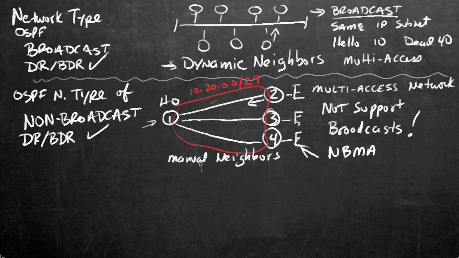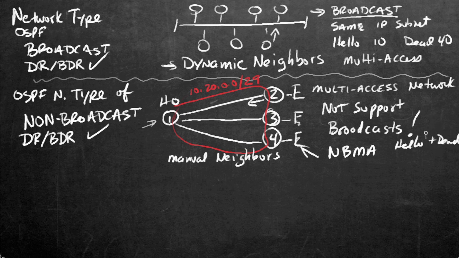And that involves going to the router process and manually specifying from router 1's perspective, my neighbor is router 2, and my neighbor is router 3, and my neighbor is router 4. You have to manually assign the neighbors. So this is an example where non-broadcast would be used, and non-broadcast in this sense basically means that the neighborships would be assigned manually, and the hello and dead interval